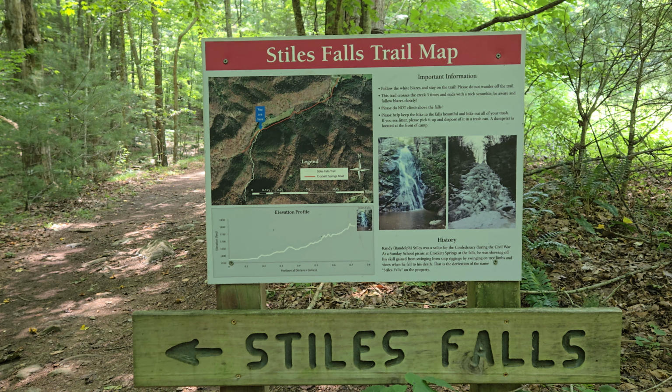All right, we're getting ready to hike to Stiles Falls. This is at the Altamont Methodist Camp. It's in Floyd County, Virginia, near Shawsville. Yep, and here we're gonna come up and I'll just show you there's a sign in, and then